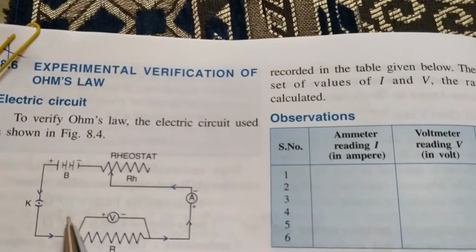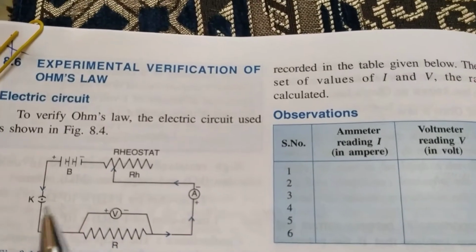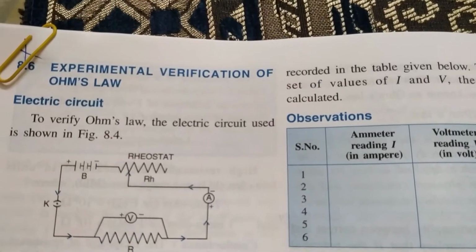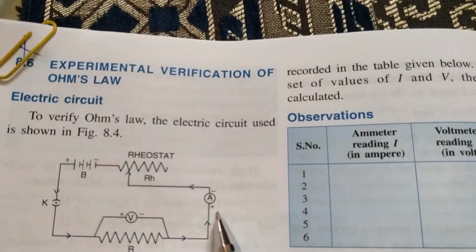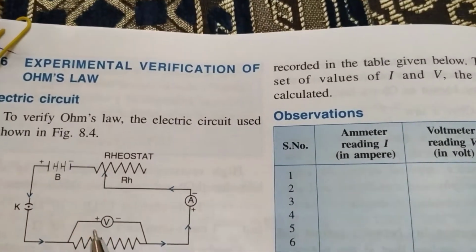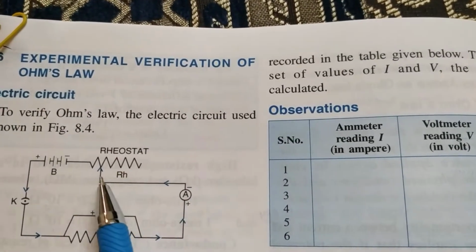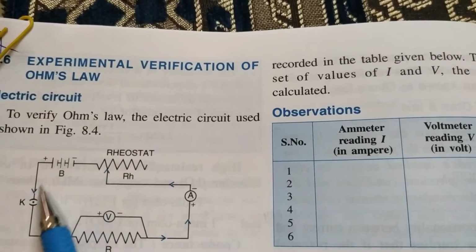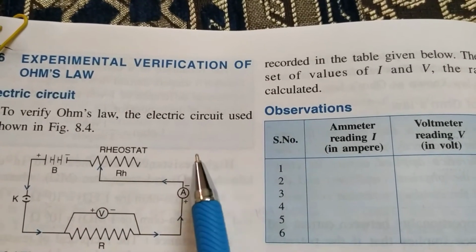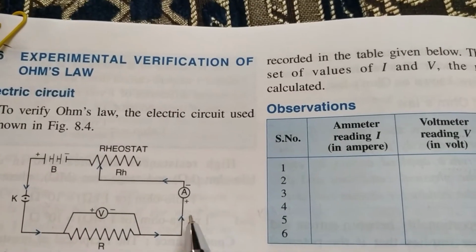In this diagram you see all the components which are connected in series. You just note down, one is battery, then key, then resistance, then ammeter, then there is a rheostat. All these components, 5 components, are in series. While drawing such a circuit, you can always interchange the position of the components which are in series, but they are always connected end to end, that is, they are in series.